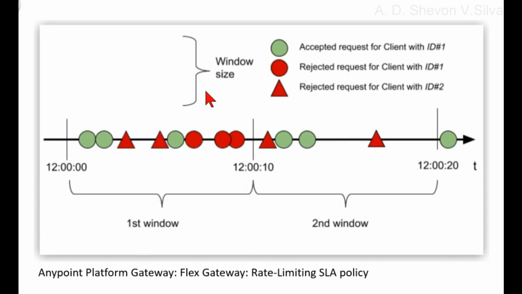Here you can see accepted requests in the first window: accepted requests for the client with ID 1 and 3 are allowed, and here the rejected request for client ID 1. Here the rejected request for the client with ID 2. Here you can see now